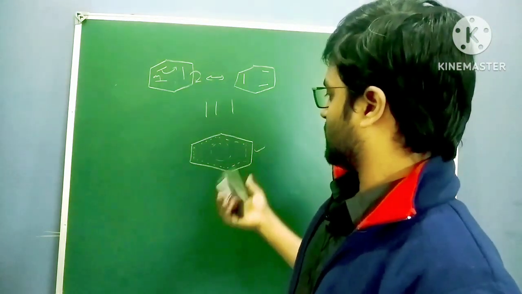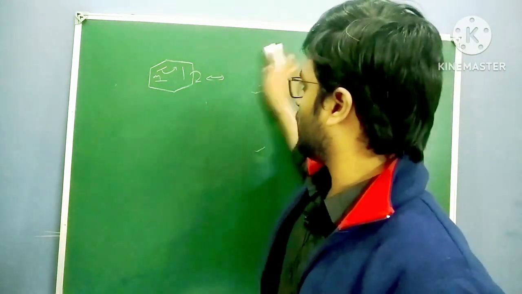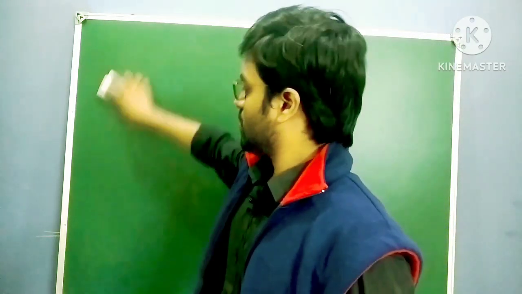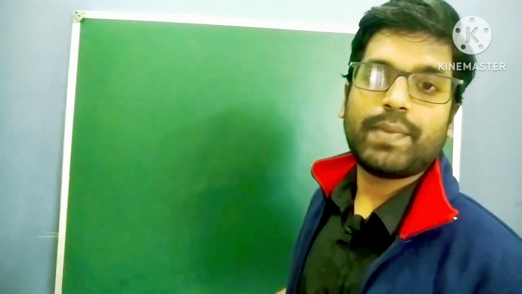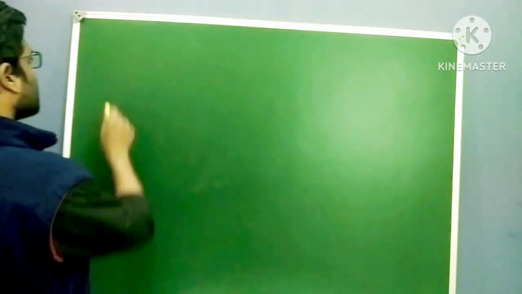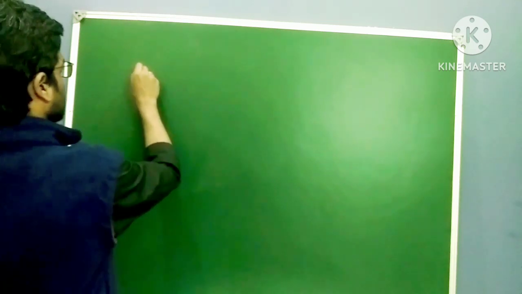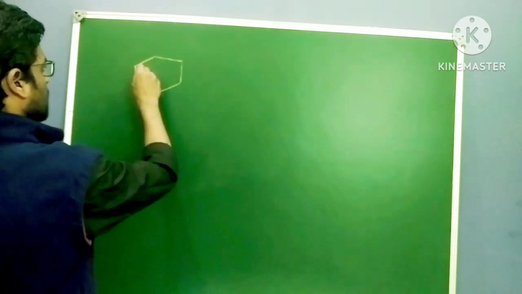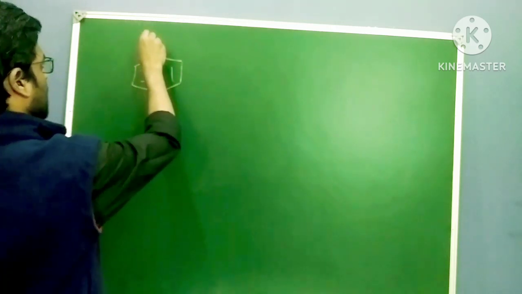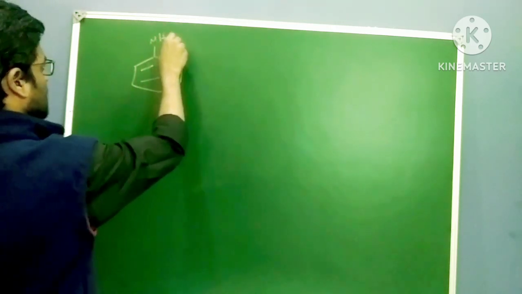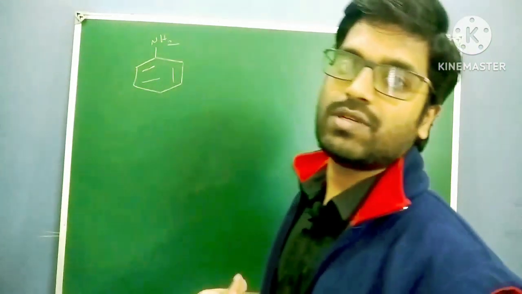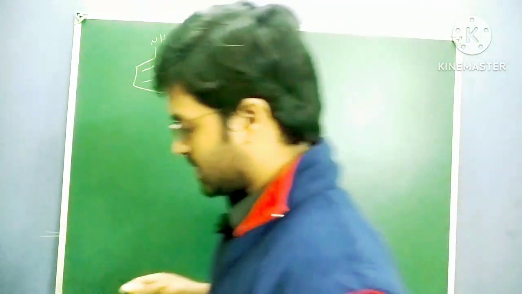Next, I am taking a very good example, first with an electron donating group and an electron withdrawing group. I will explain; 5 cases are there. First I am taking here NH2. This is an electron donating group. First of all, how to write the resonance structure, that is very important.